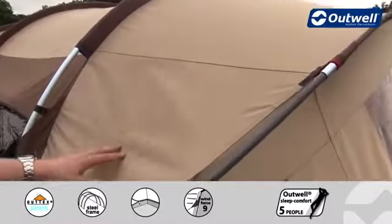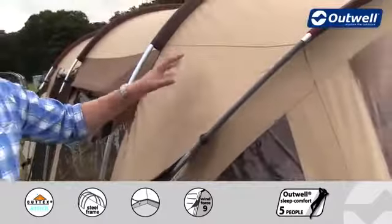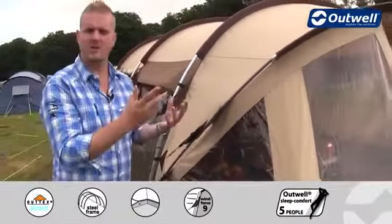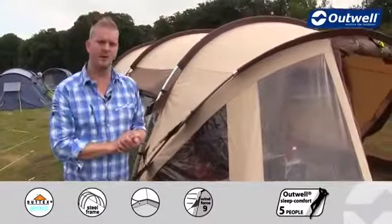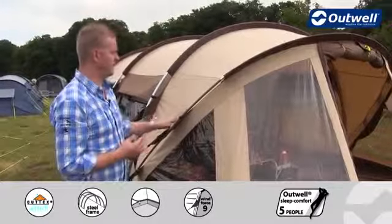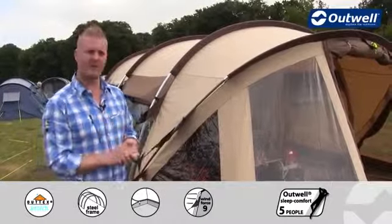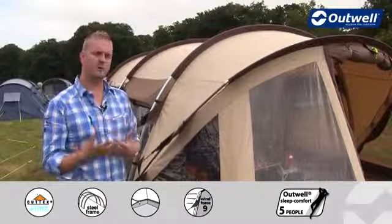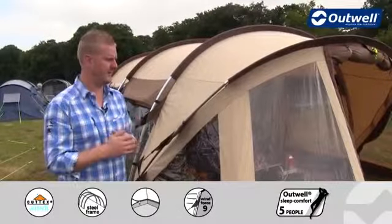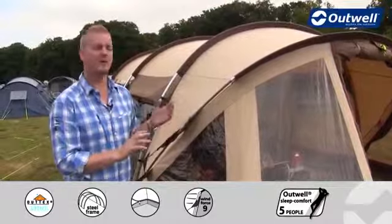What that means is it's going to last a good long time. It's naturally waterproof, although we do put some coating on here just so that when it's sort of light showers, you'll find the water will just bead off nicely off of the fabric. Another advantage of this type of material though is that you'll find that on warmer days it's quite breathable, so it'll keep you a little bit cooler inside, but also on colder days you'll actually react to that as well, keep you a little bit warmer, so you could say that you have some climate control with this type of